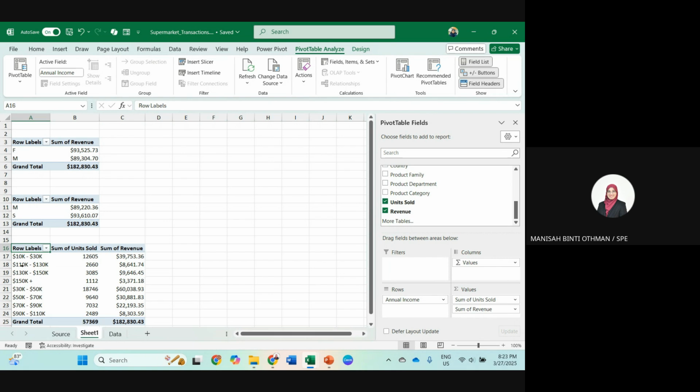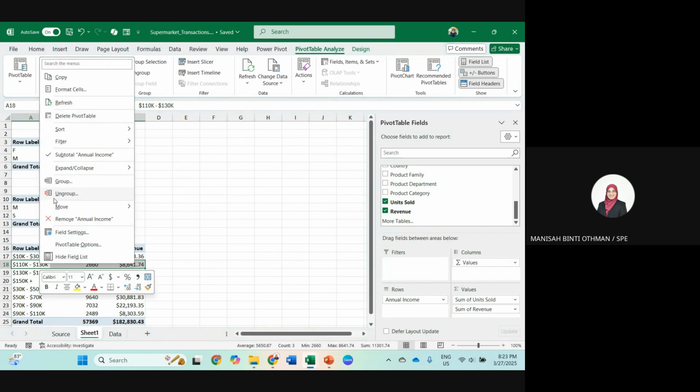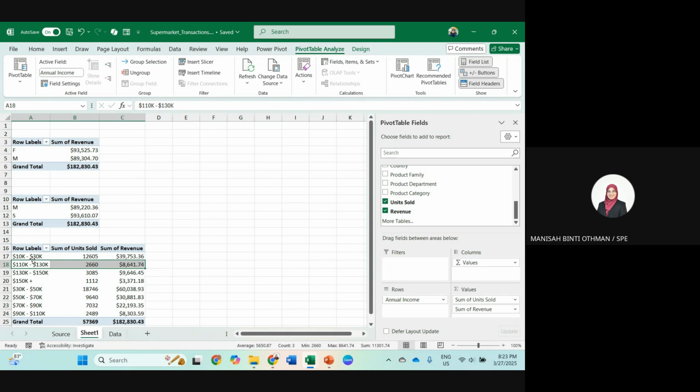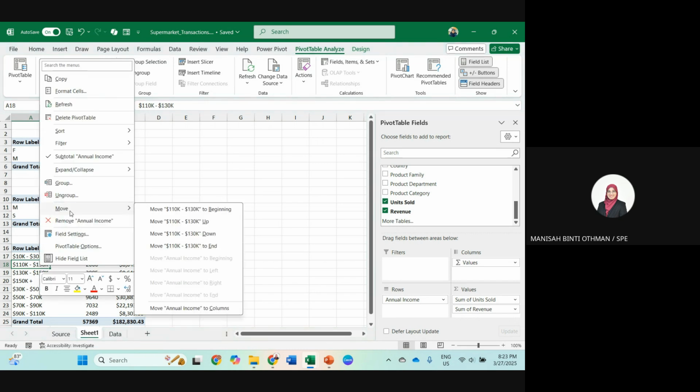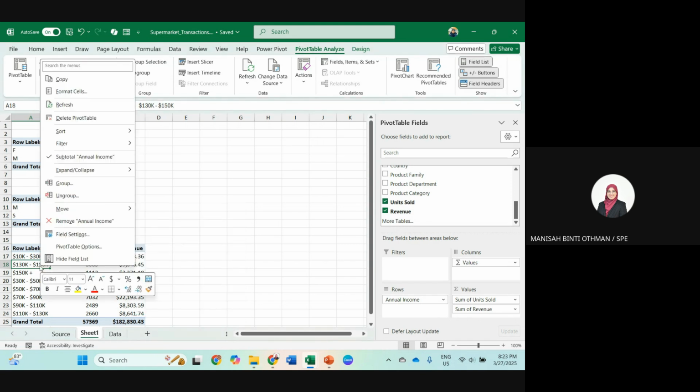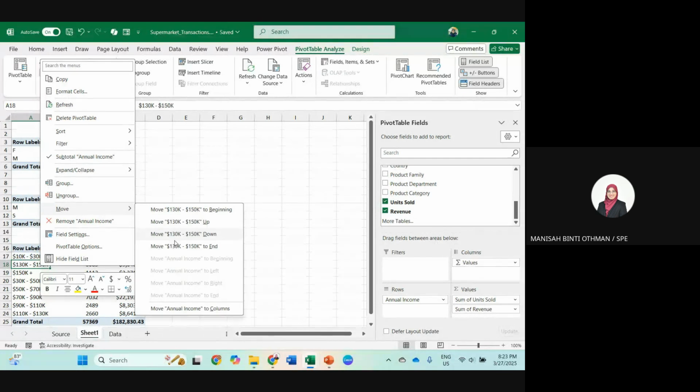So what we can do is right click and then move to, sorry, not highlight. Select only one cell. Move down to end. You see, move to end.